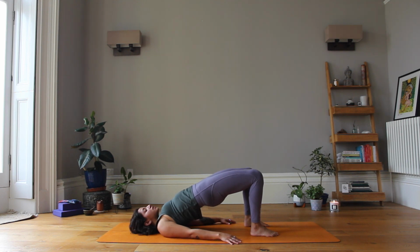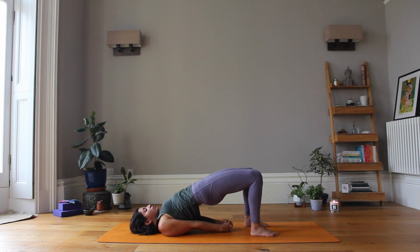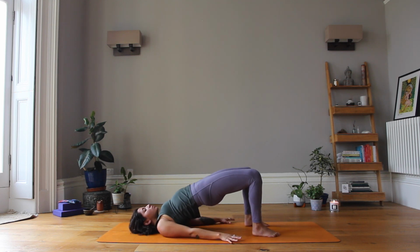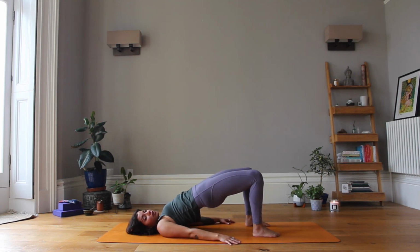So again, like I said before, feel the activation to the inner thigh muscles, the hamstrings, engagement in the glutes, and feel free to take your hands wherever they want to go. It's important here that we're not just engaging the glutes, because we want to have some form of internal rotation to the hips, not external rotation, because that's when you can start to put unwanted pressure on the lumbar spine. Lovely, so taking one more breath here,